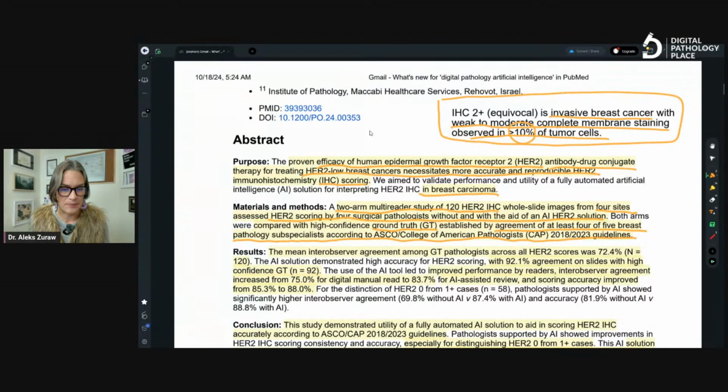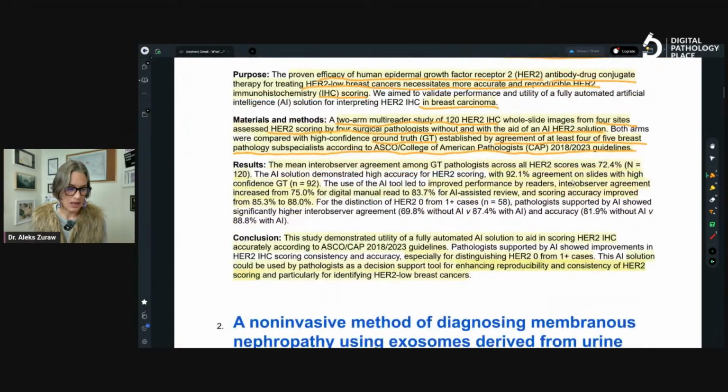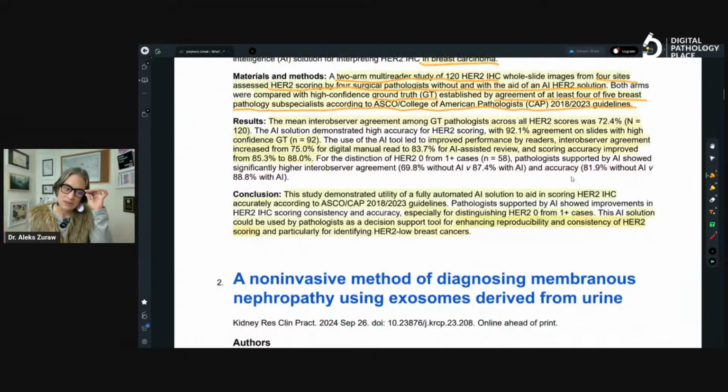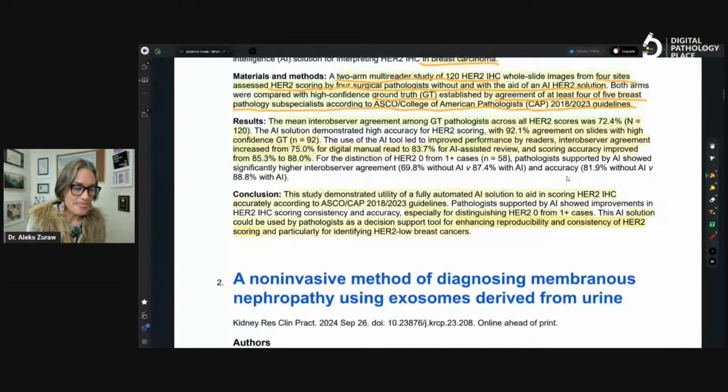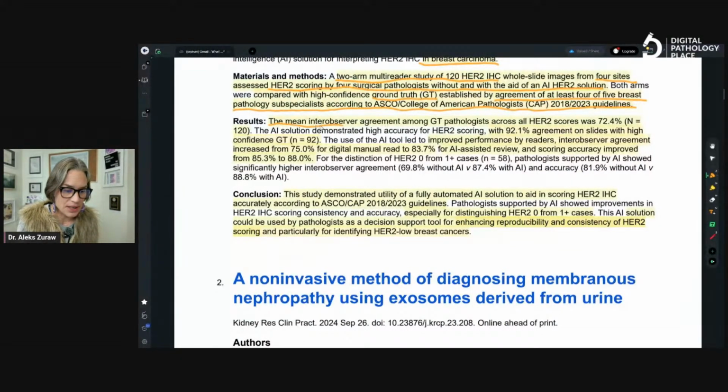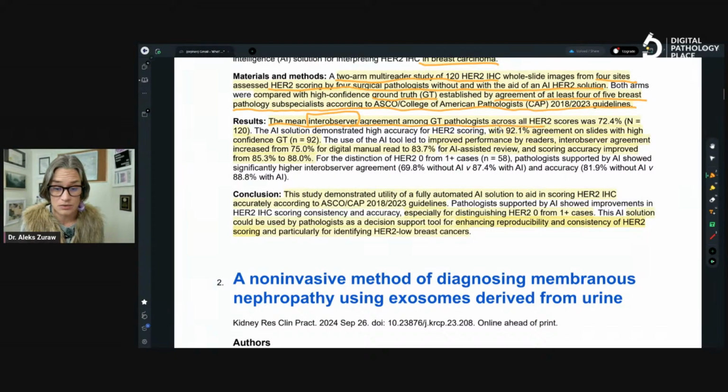And if there's any diagnostic pathologist on the line who's doing this, let me know how difficult this is for you. It's difficult because the visual signal is very subtle. If it's not that strong, visual estimation of that is difficult. So the mean inter-observer agreement among ground truth pathologists across all HER2 scores was, which number did I say? 70%? Here it was